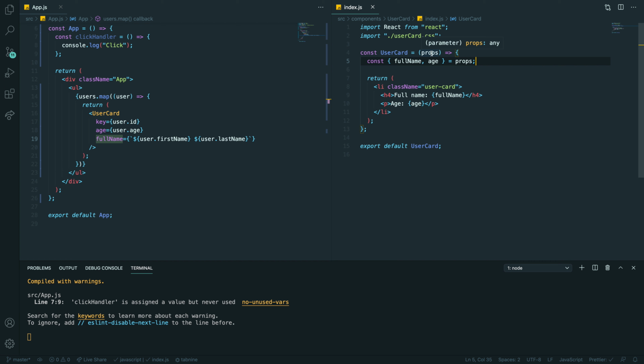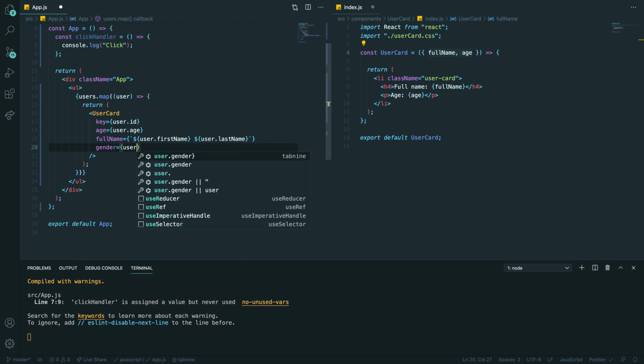Remember that you can destructure your props, and what you can do is just do this, right? So you're destructuring from props, you're destructuring just two things. Even if I pass more stuff and I don't need it, I can just destructure two things. Imagine that I'm passing like gender.